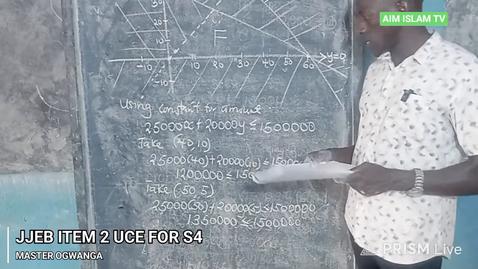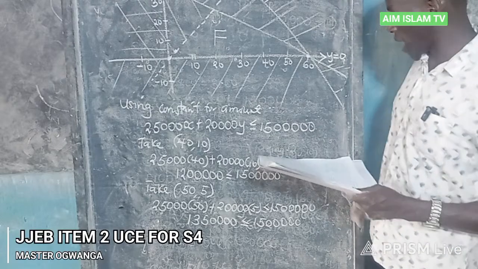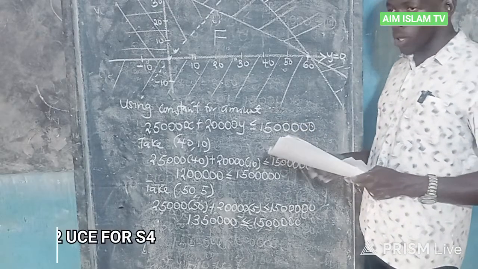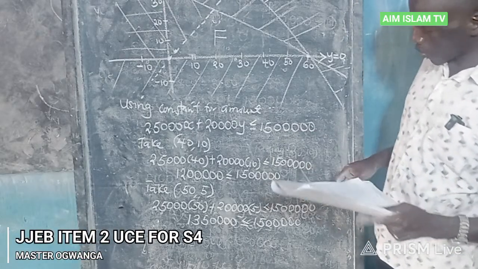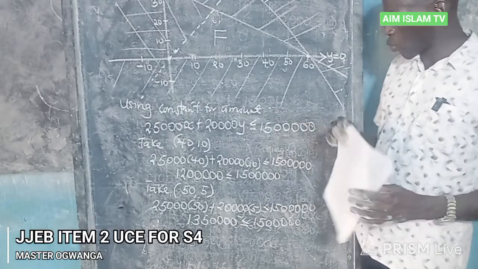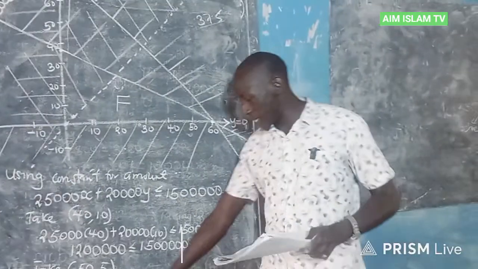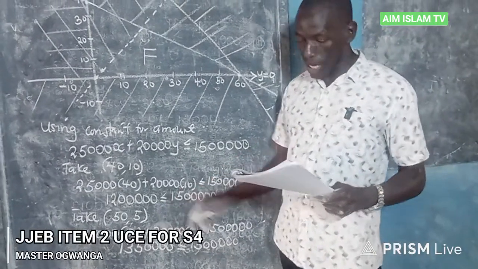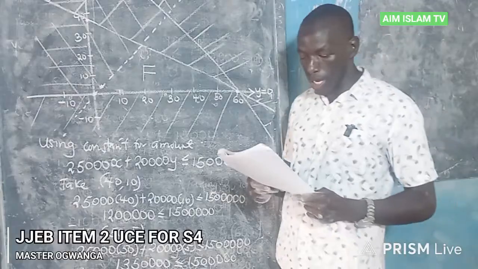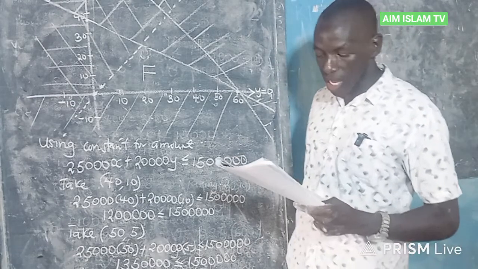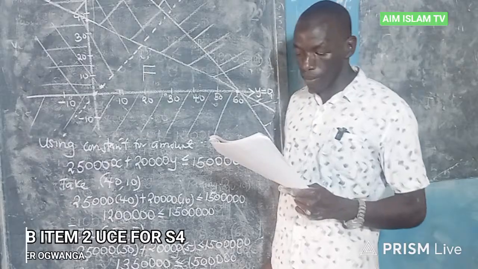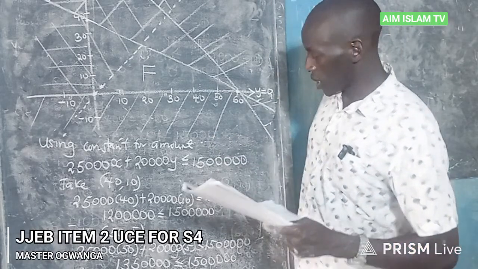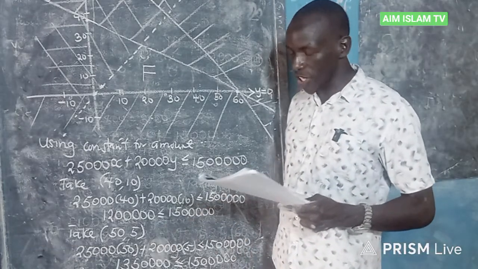When you look at the two values, you realize that neither exceeds 1.5 million. So I conclude with the one which gives the value approximate to 1.5 million, that is 1,350,000. So if I go back to the item where they say determine the maximum number of bags of cement that it should buy to meet its budget,